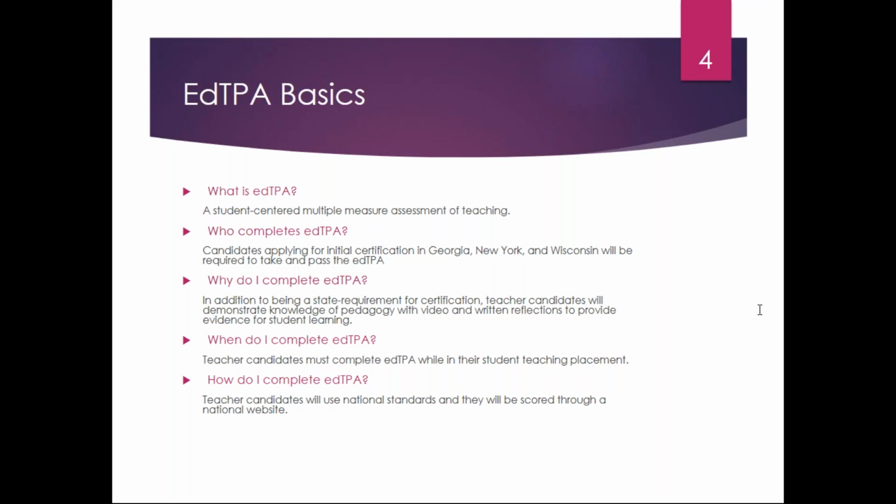Someone asked, when are we starting student teaching? Most student teaching placements start in August and September for the fall semester. You do need to get in contact with your teacher placement specialist or your field experience counselor to find out the exact date that you are starting your student teaching and where you are doing the student teaching at.